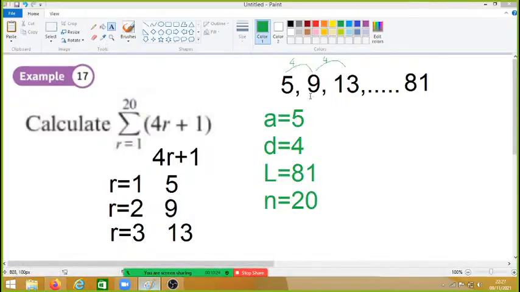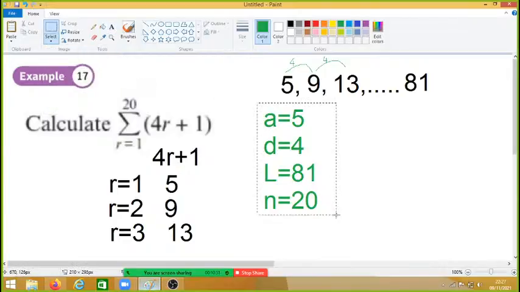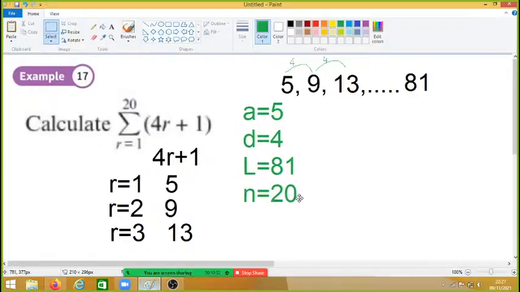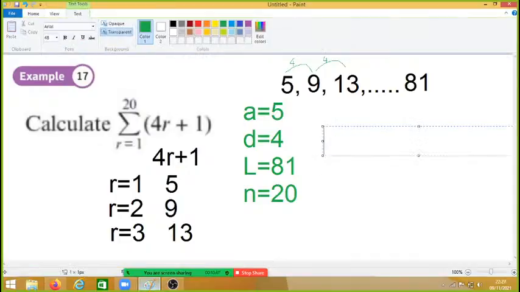Good. Naming the sequence is good, but once you've got the sequence named, it's an arithmetic sequence, it should be easy to pull out the right formula because you already know what type of sequence it is. So we don't want the sum to infinity here. We want the sum for 20 numbers. So we want S, the sum of 20 numbers. What's the formula going to be? Sum is equal to,